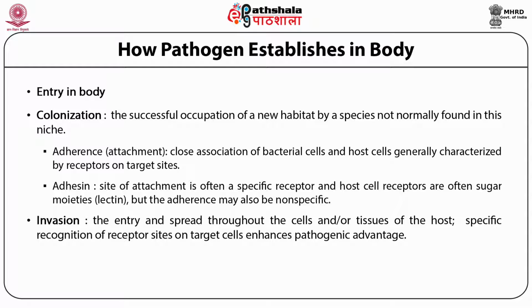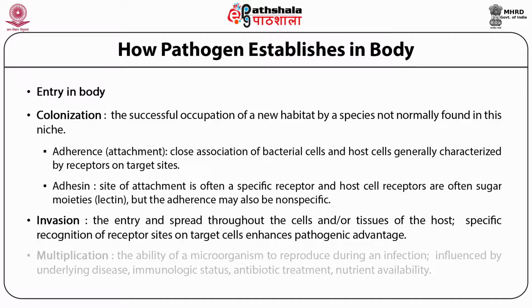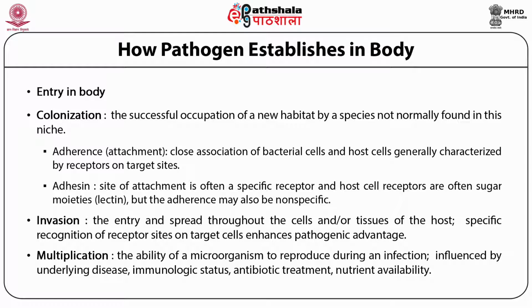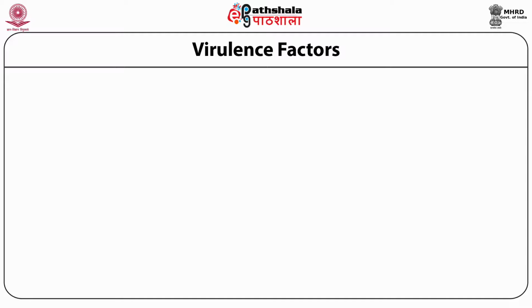After invasion throughout the body, the microbes will start multiplying, and when multiplying, they will secrete certain toxins and waste products which are dangerous for the body. So during multiplication, the pathogens may secrete exotoxins, endotoxins or other enzymes which may damage the body of the host. There are some factors known as virulence factors which are important for establishing the pathogen in